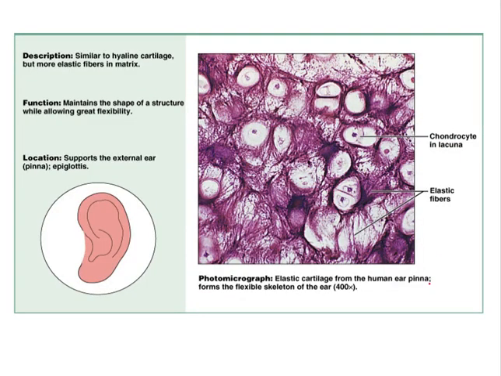Next, we have elastic cartilage. The name of this cartilage is more descriptive. It means that it has many elastic fibers in its extracellular matrix. So you can find the matrix with many elastic fibers. Still, you can find chondrocytes in lacunae. Their structure is very similar to the hyaline cartilage, but as I mentioned, they have more elastic fibers in their matrix. They maintain the shape of a structure and also allow great flexibility. The best places to find elastic cartilage are the external ear and the epiglottis, which is the cartilage of the